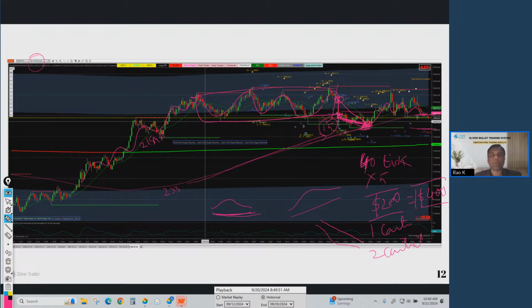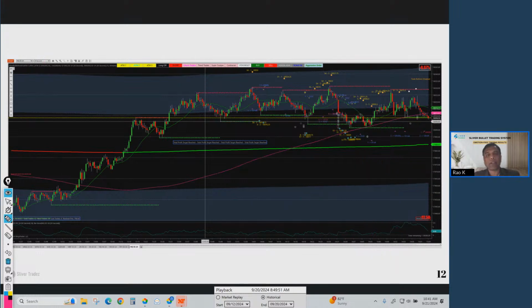Now, 21 SMA, 233 SMA, I have explained. This is market condition number 4. This is market condition number 3. And this movement that you captured is market condition number 6. Again, then this went into the unwanted range. These are the ranges we like to avoid trading. So this is just to give you an example. So, next slide.